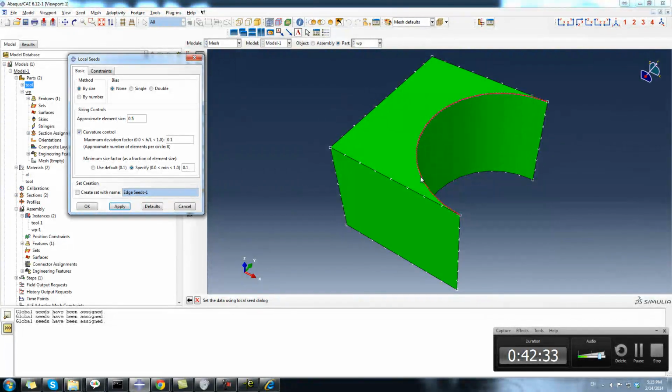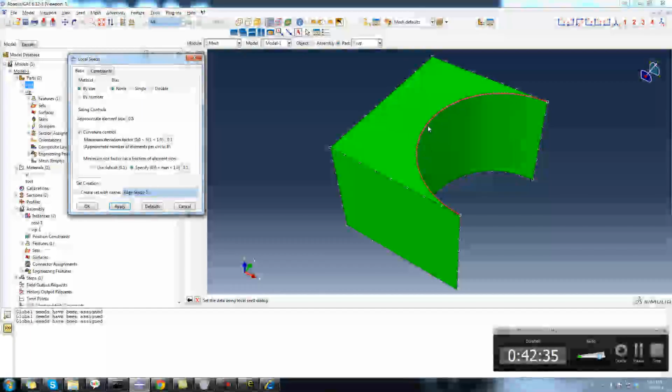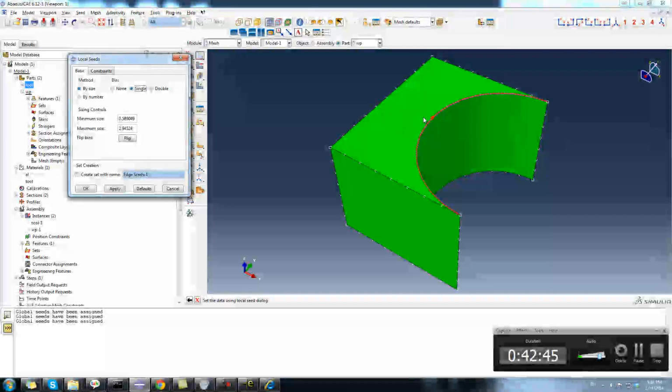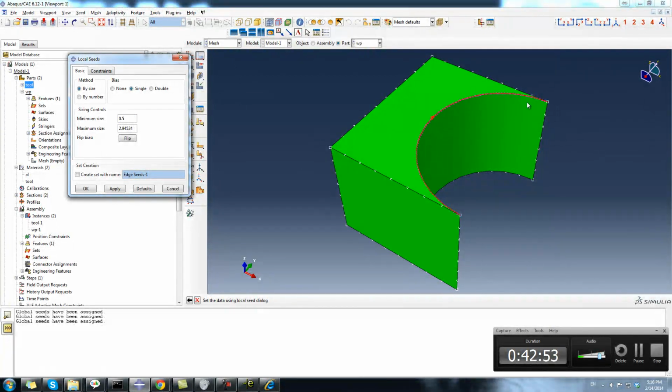Suppose your tool starts cutting from this location and this is important, but this is not important. So you want a dense mesh here and a low density mesh here. So you can click on single. This arrow shows by size, meaning the size of the element in this location is suppose 0.5 and in this location it is 3, for example. So if you click apply,